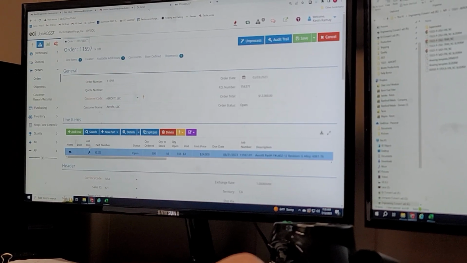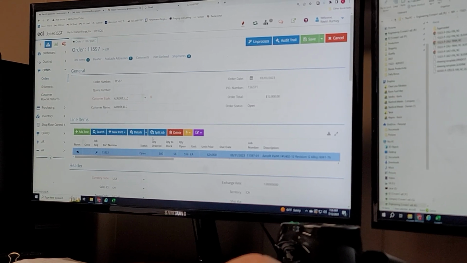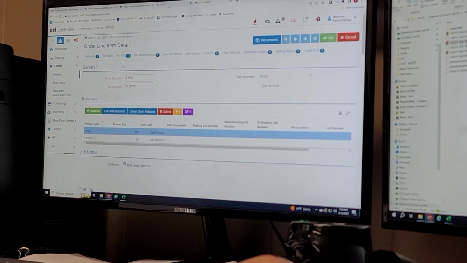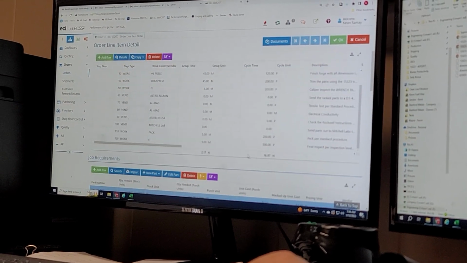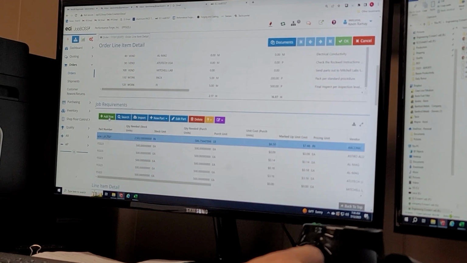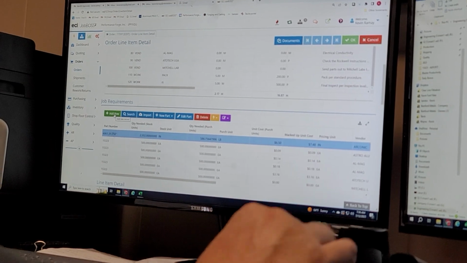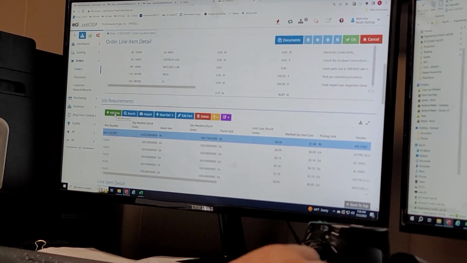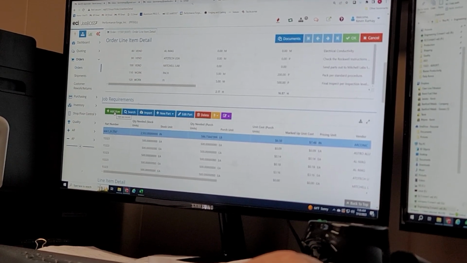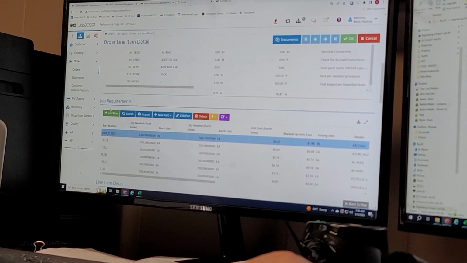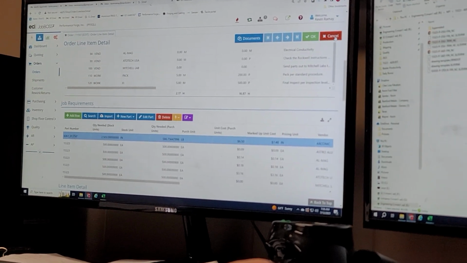Okay, so if there's no job requirements, we would, back to this, job requirements, and you would add a row. You click add a row, and you type in, and you'd fill that in. That's a little bit more advanced, so I want to get the other stuff figured out first. Okay. But if you were to add job requirements, that's how you do it. All right. So